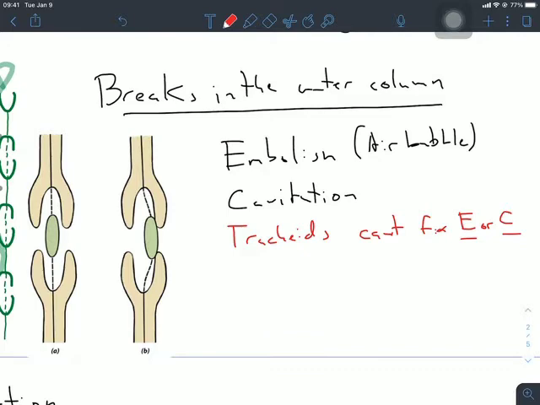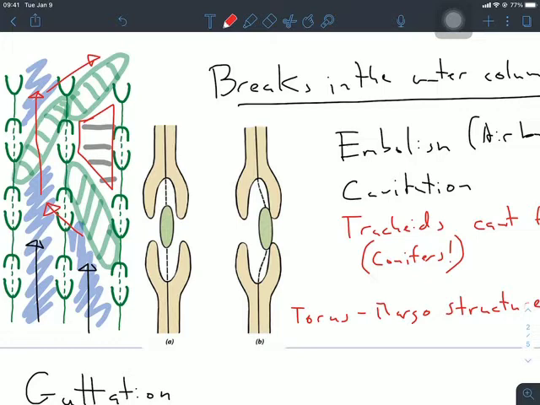Instead, plants with tracheids, like many of our conifers, giant trees that only have tracheids, have developed something called a torus margo structure, which I think is fairly clever. And so this image from your textbook illustrates how the torus margo structure works in a pit pair. So in a pit pair, you have these two cell walls forming a U. The torus margo structure is a cell wall disc held in place